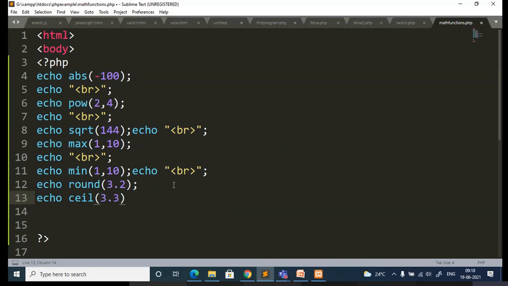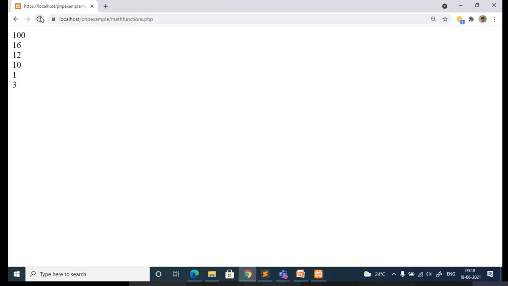So you are now rounding off to the upper number, the higher number. Instead of making it 3, if you want to round to the upper number, in that case you have to go for the ceil. So now the output should be 4. So you are getting 4.